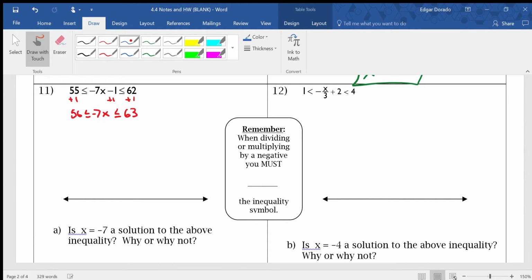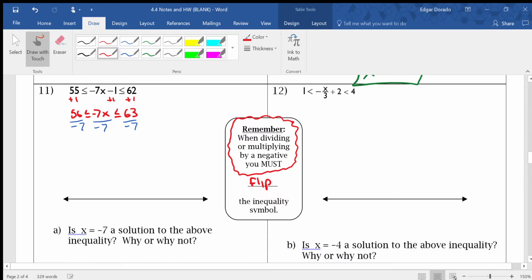Now, I have to divide by a negative 7. But what do you guys remember about dividing by negative numbers? And actually, I put it right here. Okay, remember when dividing or multiplying by a negative number, you must flip the inequality symbol. So 56 divided by negative 7, that's a negative 8. Now I have to flip that inequality symbol, so now it becomes a greater than or equal to. This now becomes an x, and once again, I have a greater than or equal to. What's 63 divided by negative 7? That is a